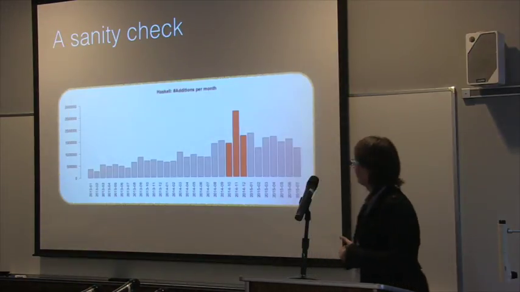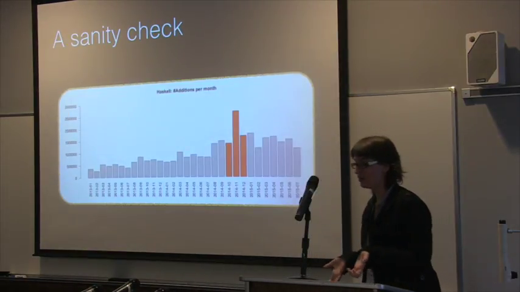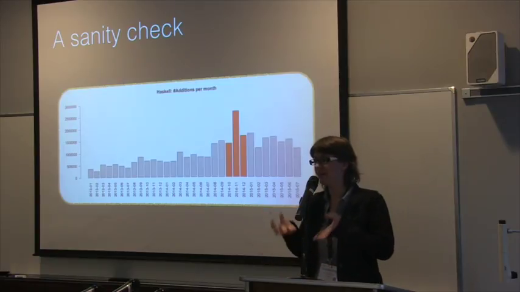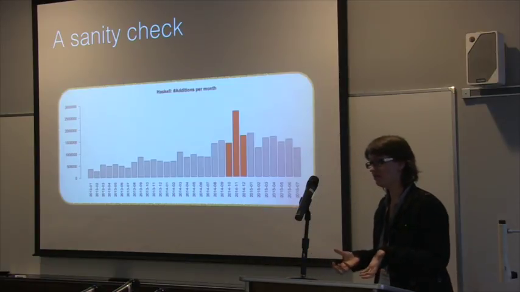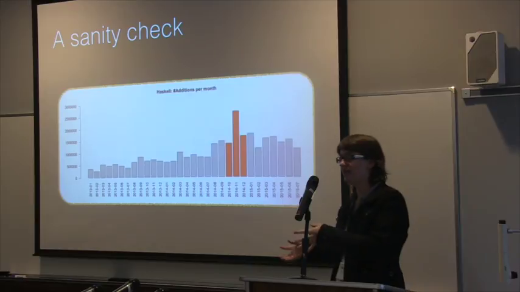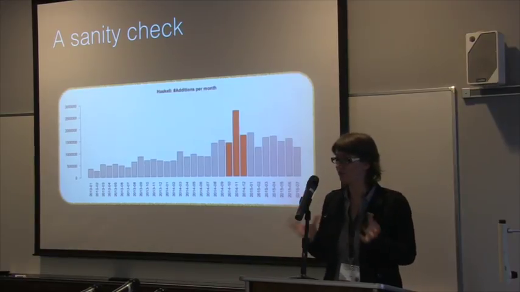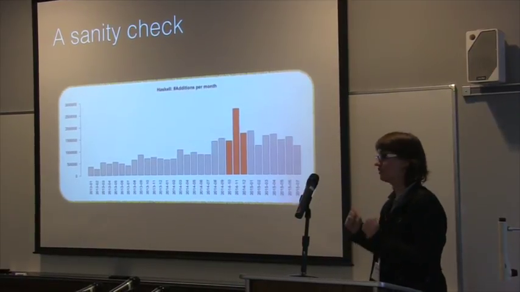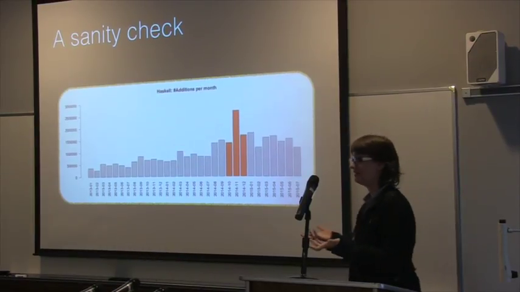Now, the first sanity check we ran is to look at whether GitHub data is representative for our course. If what people do on GitHub relates to what they're doing in terms of learning, then we should see a spike in Haskell programming when the course is running. And luckily this turned out to be true.